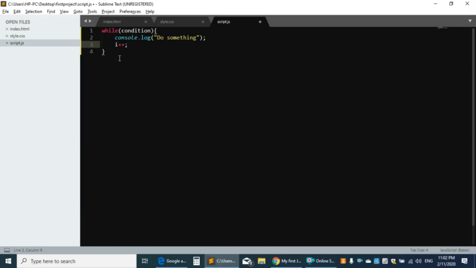Let's say I have a variable countNumbers equals 0, and then I will give a while. My condition is countNumbers smaller than, let's say, 7. Curly brackets, then console.log